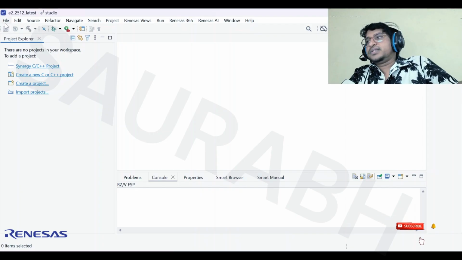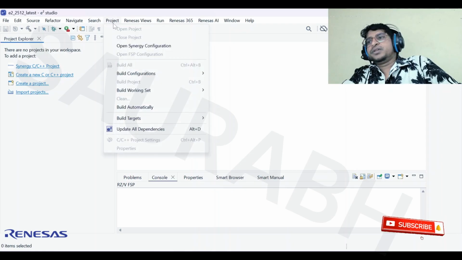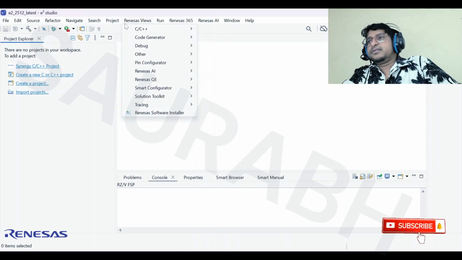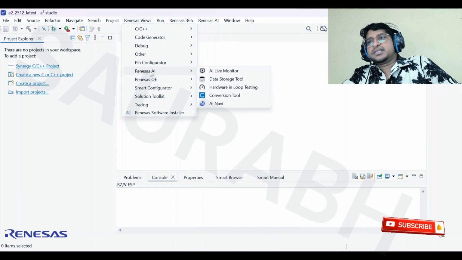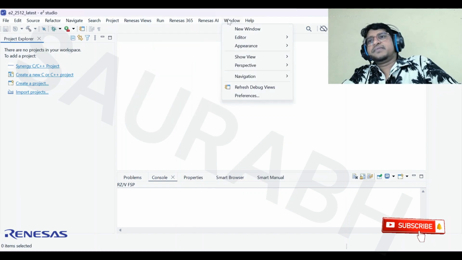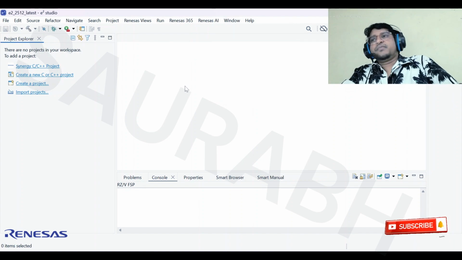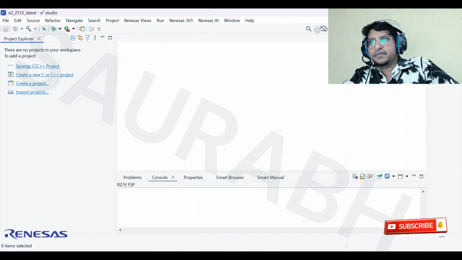What you can see here are many options, like File, Edit, Source, Refactor, Navigate. You can find many things, projects here. In the coming days I am going to explain everything available in the software you are using, like what QE is, what the AI things are, and where the options are available. Sometimes your window gets disturbed by some settings, so how can you restore those settings? If you find these problems, you can comment to me, and I will make a video on that also. So step by step we are going to learn.